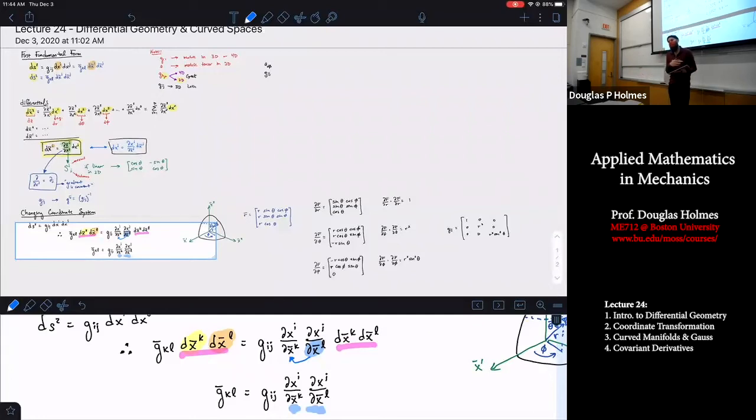I say this is the most remarkable feature of differential geometry. It has a name. This is what's referred to as Gauss's Theorema Egregium, which literally translates to Gauss's remarkable theorem,